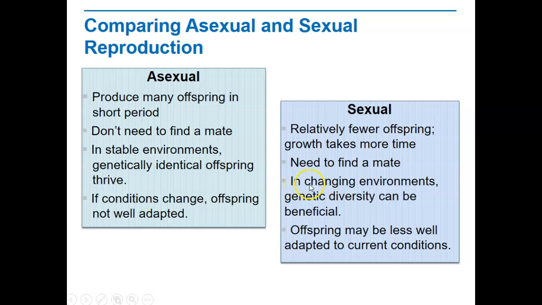Okay? So it's really easy for things that are clones of each other, that are all the same, to all die at the same time. If everybody's a little different, if there's some kind of disaster, it's likely that a few at least will survive and can reproduce in the future. Okay, so that's what this last sentence is all about as well. So an asexual, if the conditions change, the offspring are maybe not well adapted and they all might die. But with sexual reproduction, with everybody being a little bit different from each other,